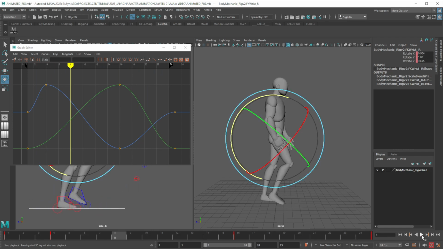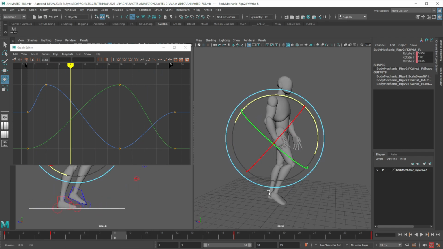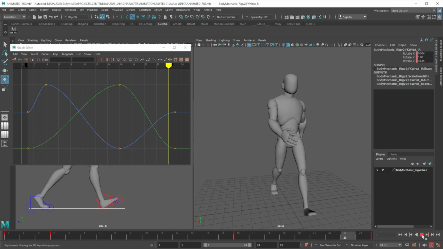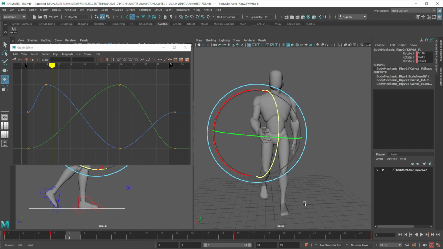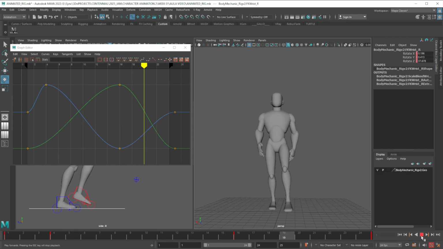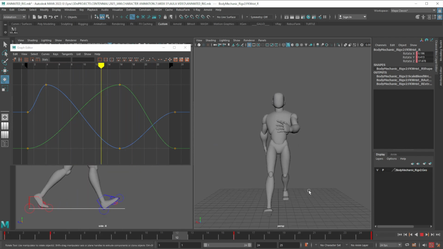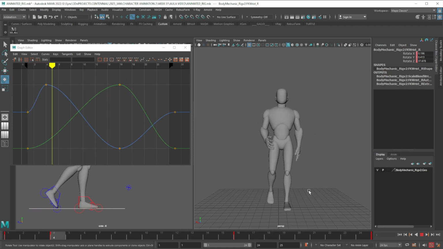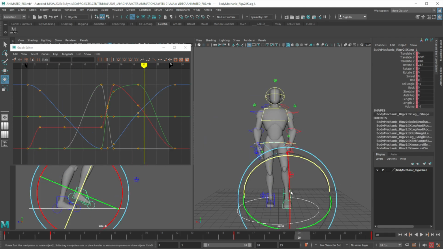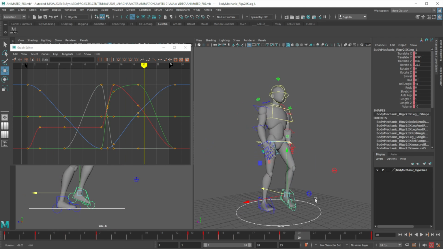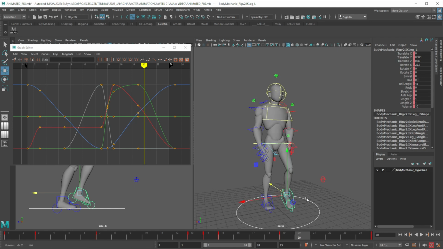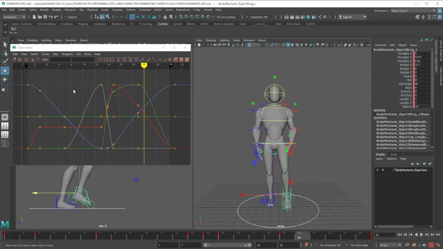One thing that we wanna do now is fixing this foot and hip thing that is going too much side to side. Let's do this before we, yeah, this is too much. So how do we fix this? It's kind of simple. We're gonna use the graph editor. We're gonna select the foot like this. I selected the red foot, and then here in the graph editor